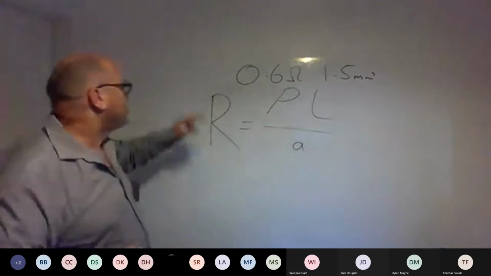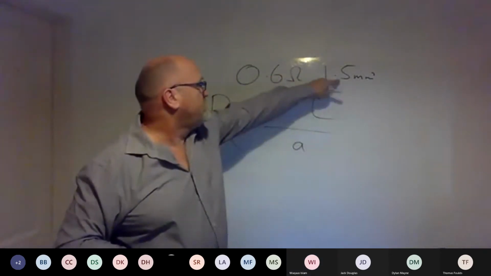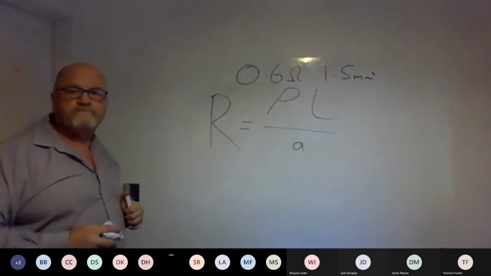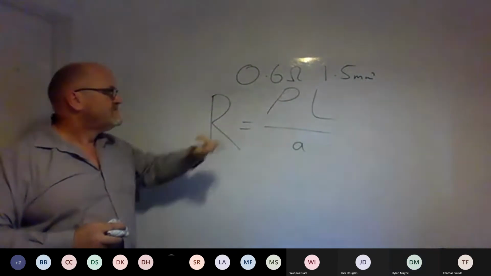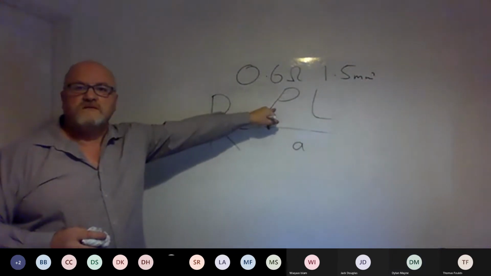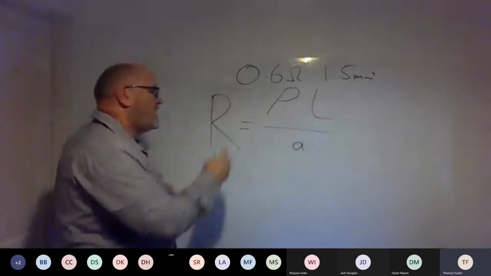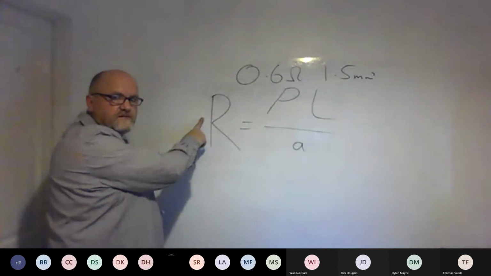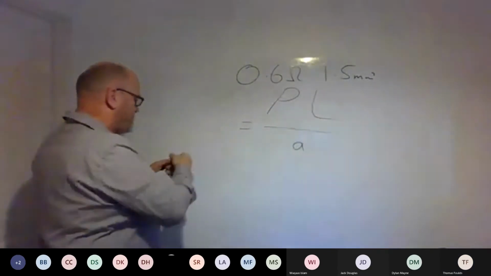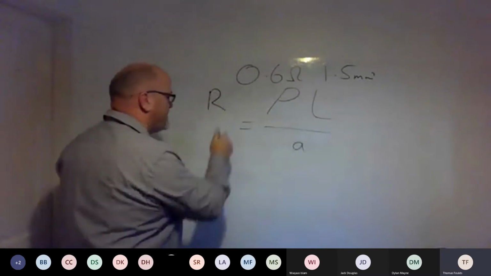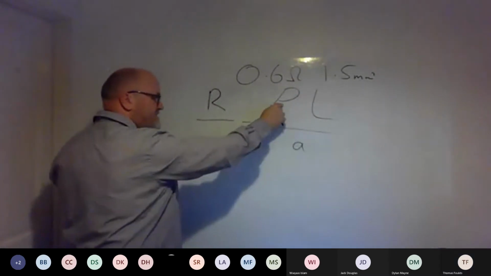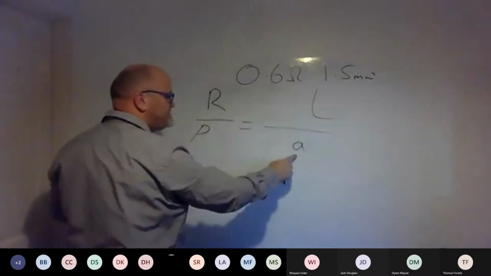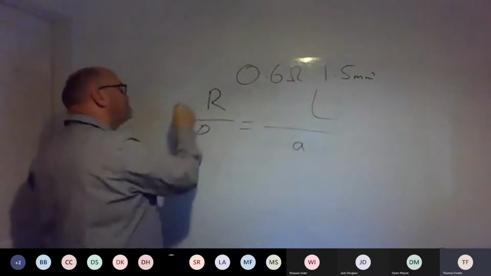Fine. Right. If I've got 0.6 ohms, 1.5 millimetres squared, how would I work out the length? Times the ohms by the... How would I transpose this? So the P goes over the other side where the R is, and the R replaces where the P was. Well, remember the R's in the middle, so what's it regarded as being the number on top? So if I do it like this, the R's there, I'll put a line. P, this rho goes from the top to the bottom, yeah? So I'll move that from there to there. Where does the A go? Over the other side, so it's times.